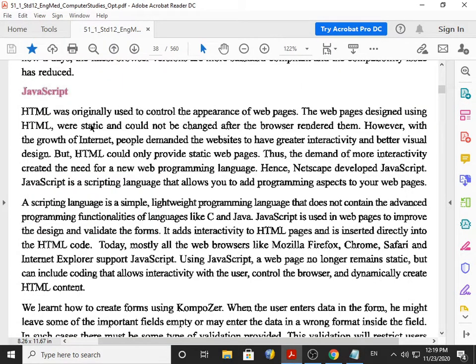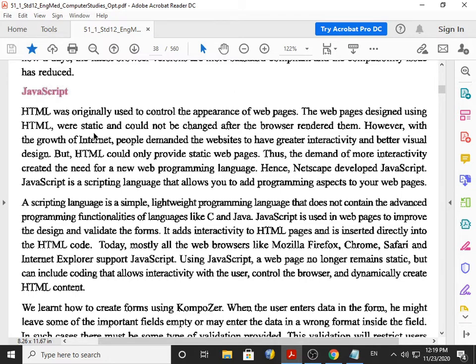Now HTML was originally used to control the appearance of the web page, how your web page appears. The web pages designed using HTML are static. Now static means what? After the web page opens, you can't do anything. It's called a static web page. So the web pages which you create in HTML language are called static web pages.